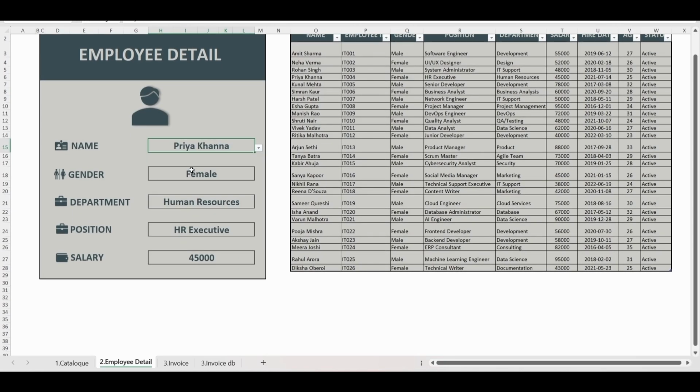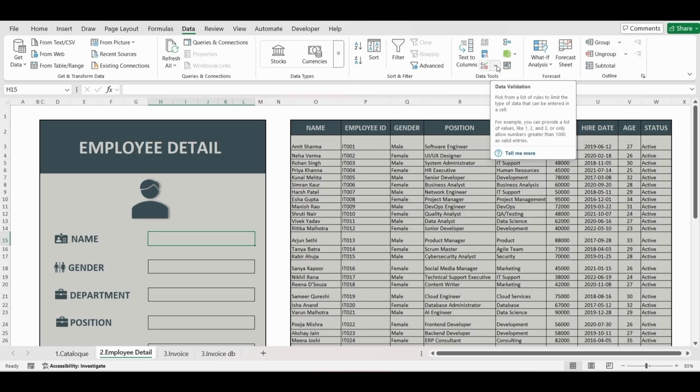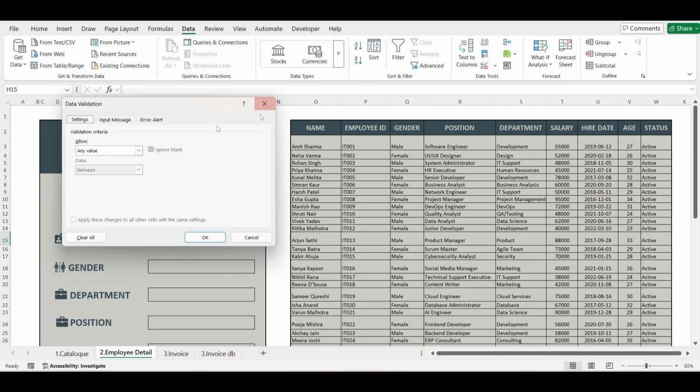We will also fix the limitation from the last example by making this dashboard dynamic. So it automatically picks the new entries from the master table. So let's start building it from this Stacker template. First, let's create our data validation list for the employee names over here in this cell using this master sheet. Simply select the cell, go to the data tab, into the data validation, select data validation, and select list over here.